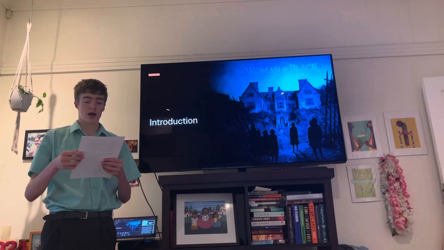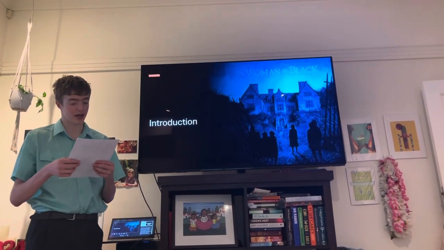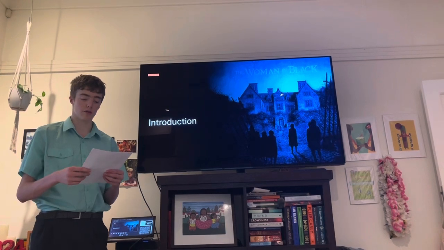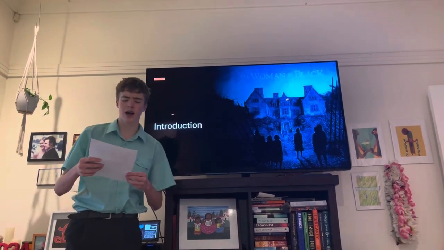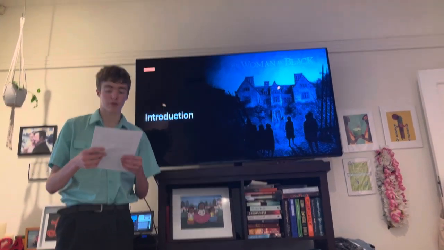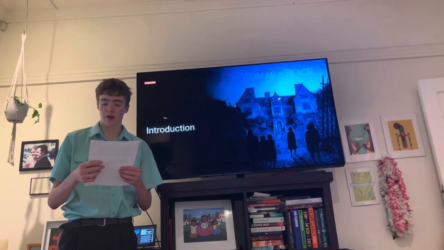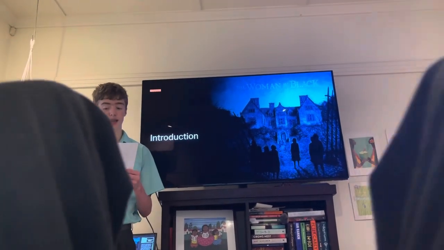The Woman in Black is a gothic horror novel written by Susan Hill that was published in 1982. In 2012, director James Watkins released a film adaptation. The focus of the seminar is to analyse how the concept of fear is represented in both the novel and the movie. Along with this, focus on how the different mediums, novel and film, use narrative and cinematic techniques respectively